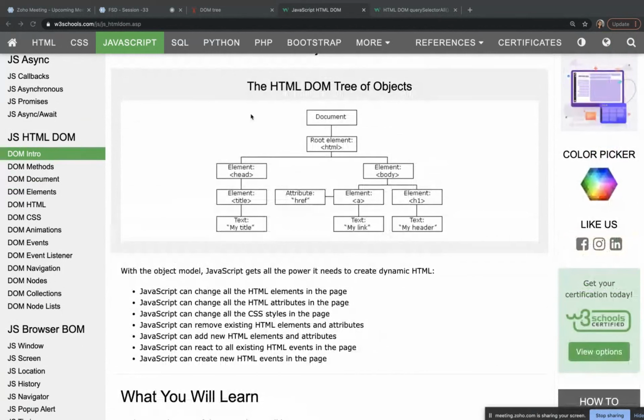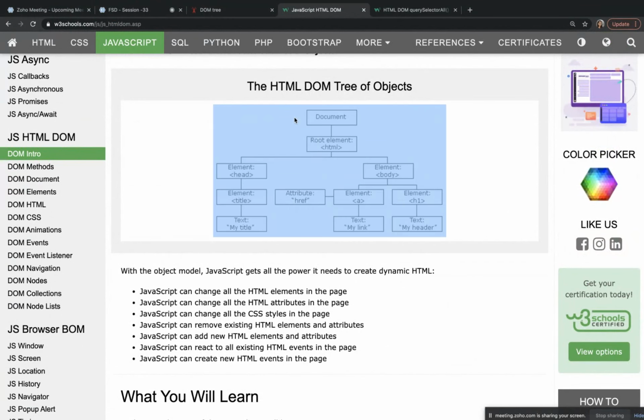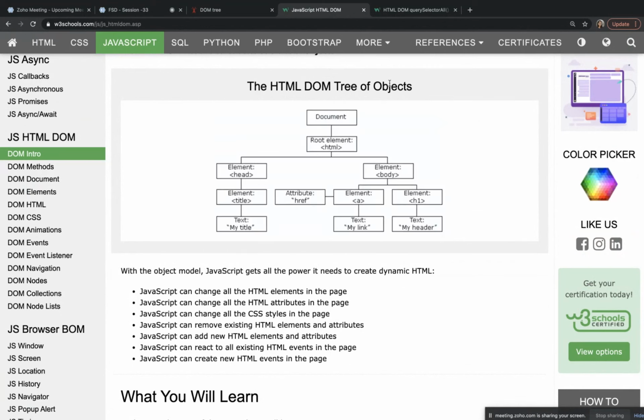So why are they calling it a tree? Because it stores it like a tree, kind of a family tree. It is a document. Sorry, HTML is the root element. It is the whole document. HTML is the root element.